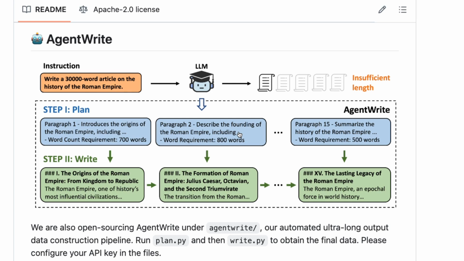Another thing that I think is really interesting about this whole project is how do they actually come up with a data set that has articles that are 2,000 to 32,000 words long? So one of the cool things about the paper is that they go into the details of how they created AgentWrite. So this idea of AgentWrite here is that they can use an agent and some control flow to be able to get the LLM to plan out an article